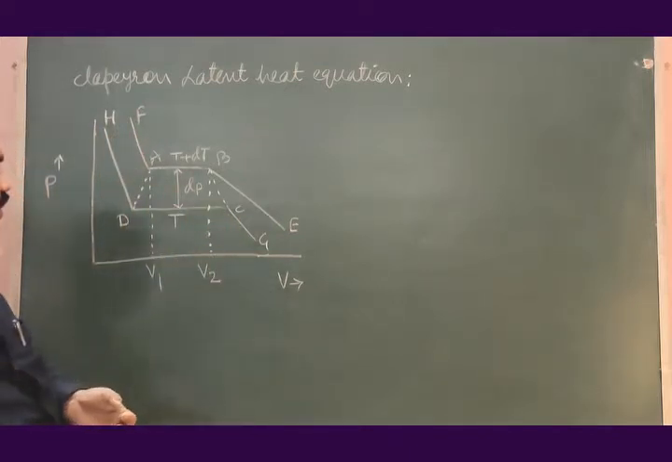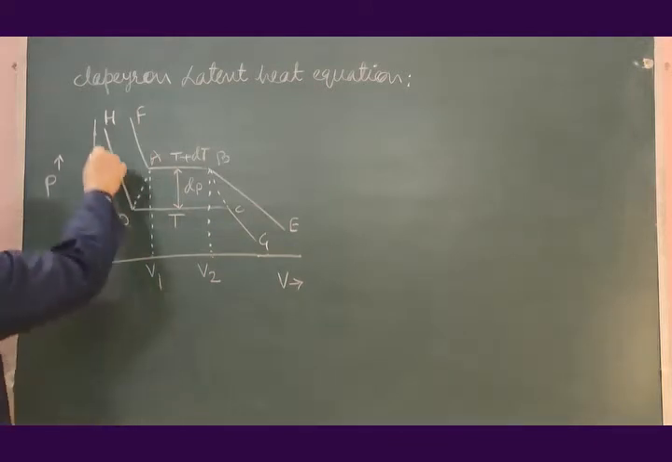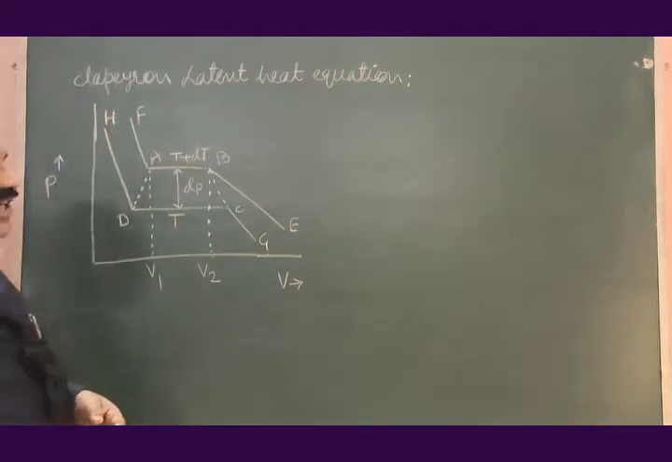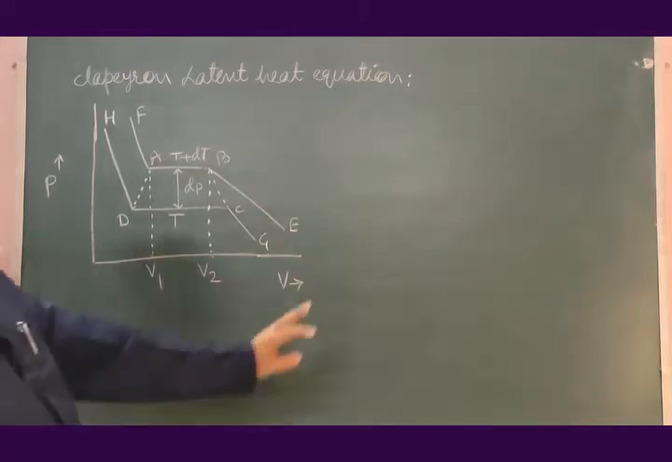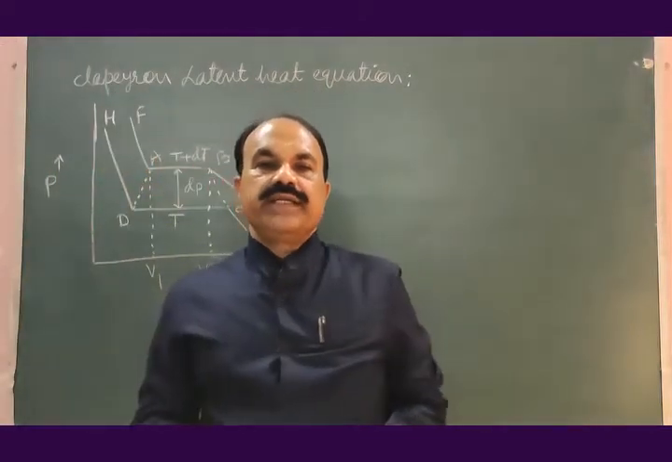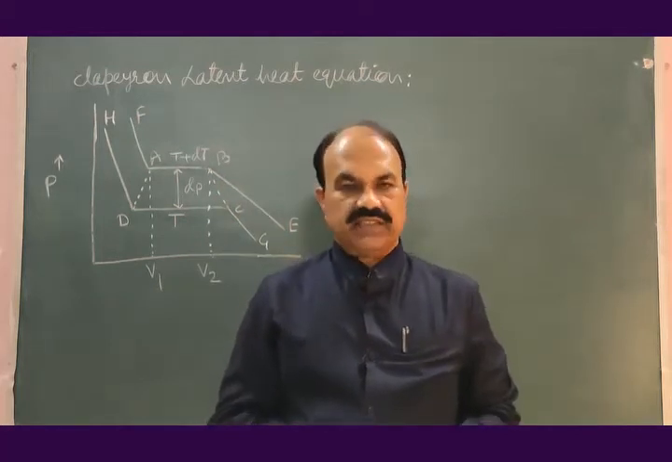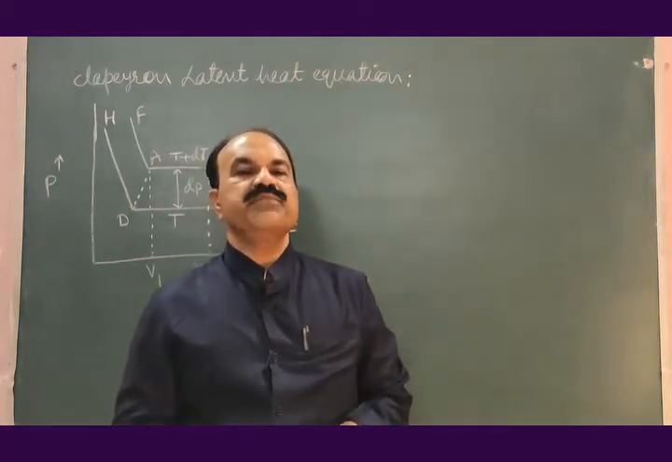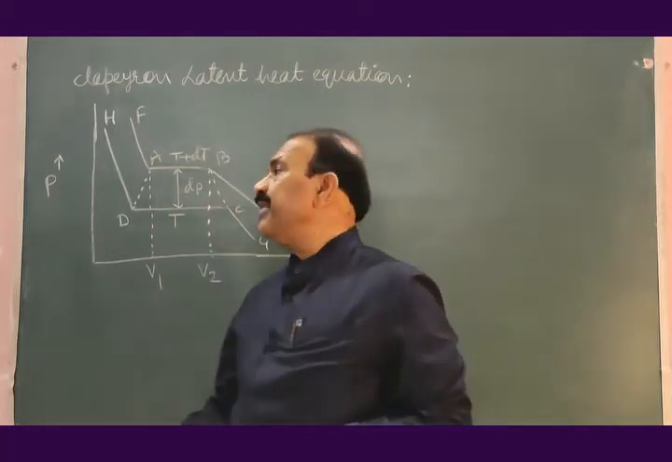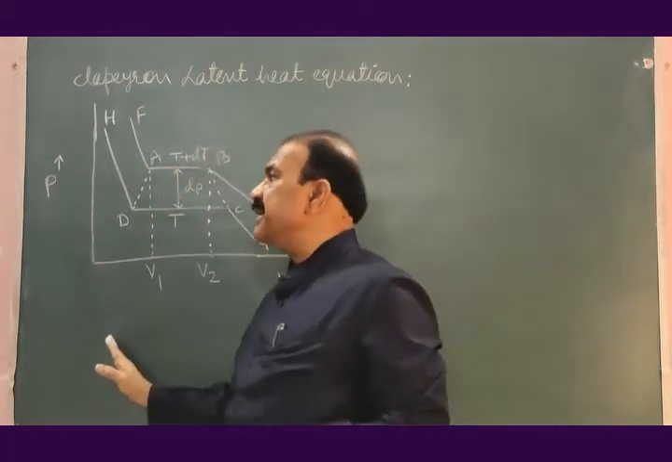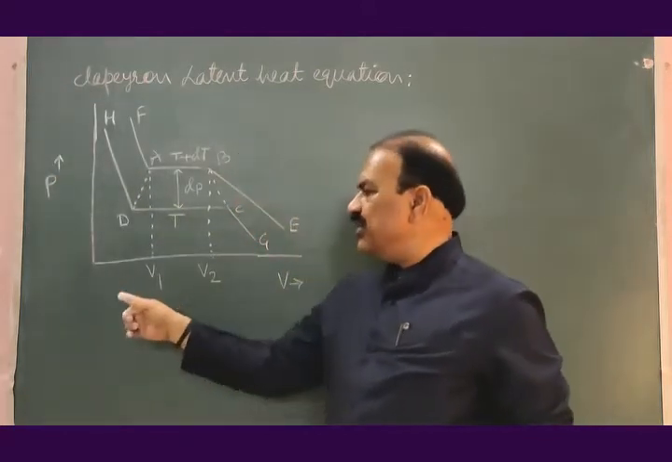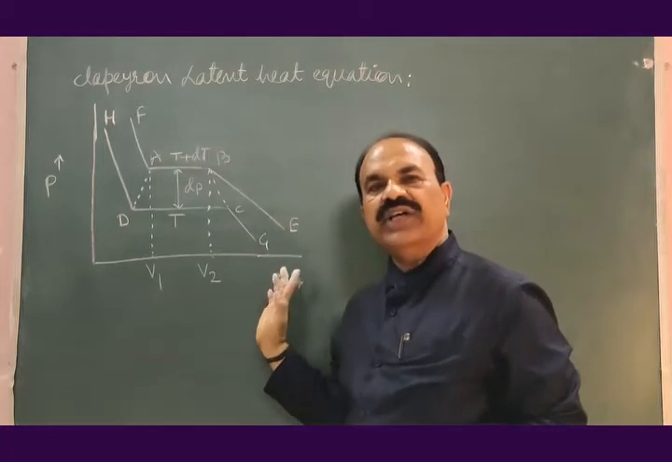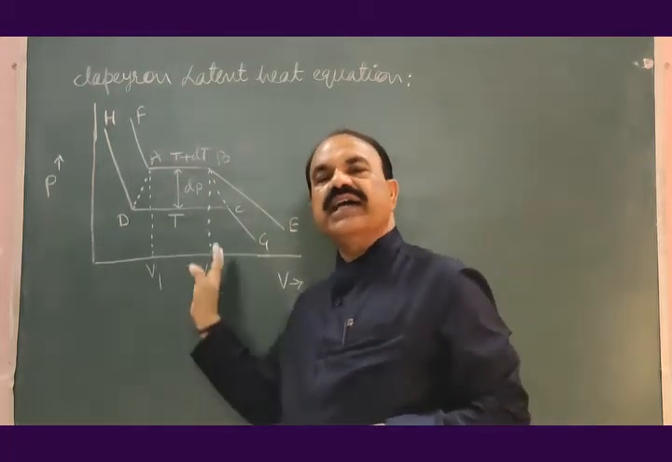Let us consider this figure. It is the PV indicator diagram. This diagram is known as the PV indicator diagram. Why is it known as the PV indicator diagram? Pressure of the given system is represented on the y-axis, volume is taken on the x-axis, and therefore this diagram is known